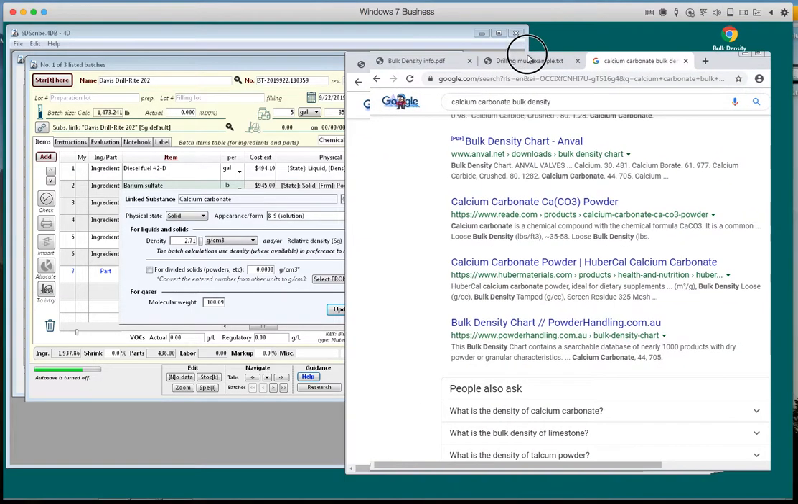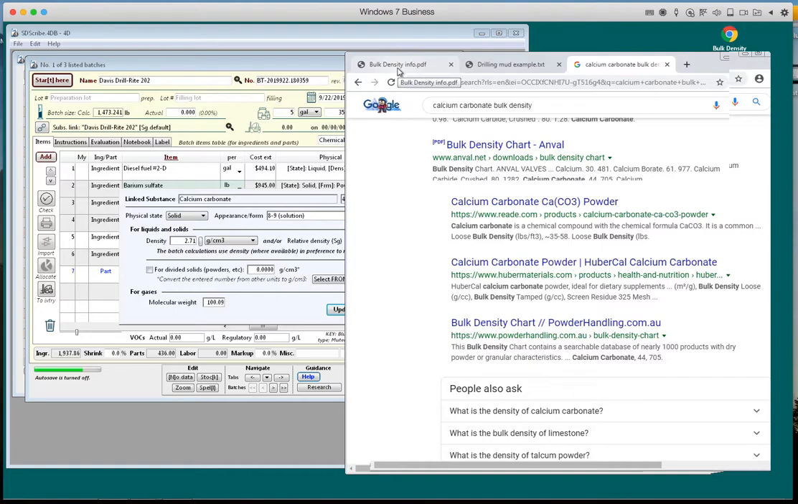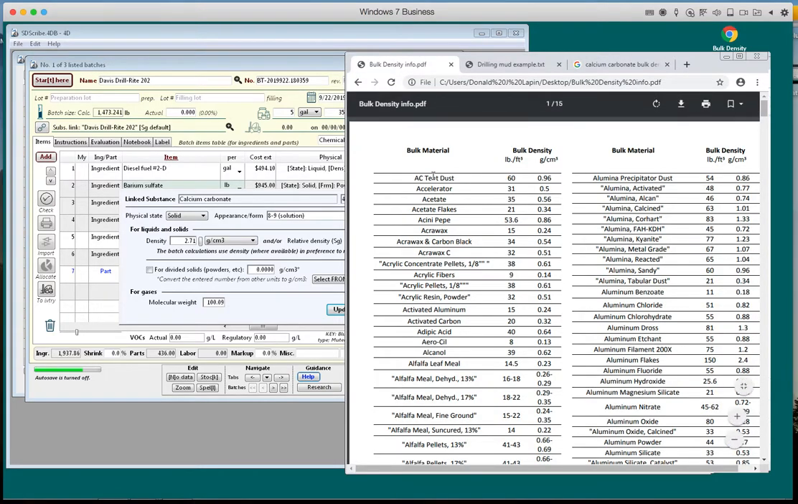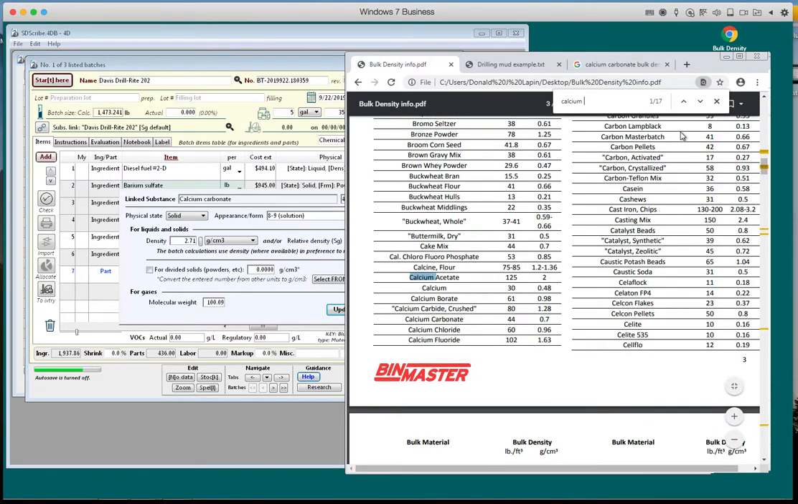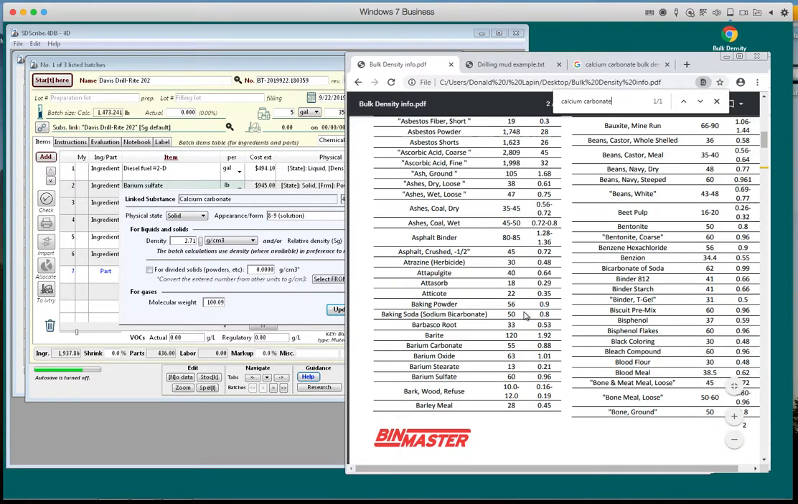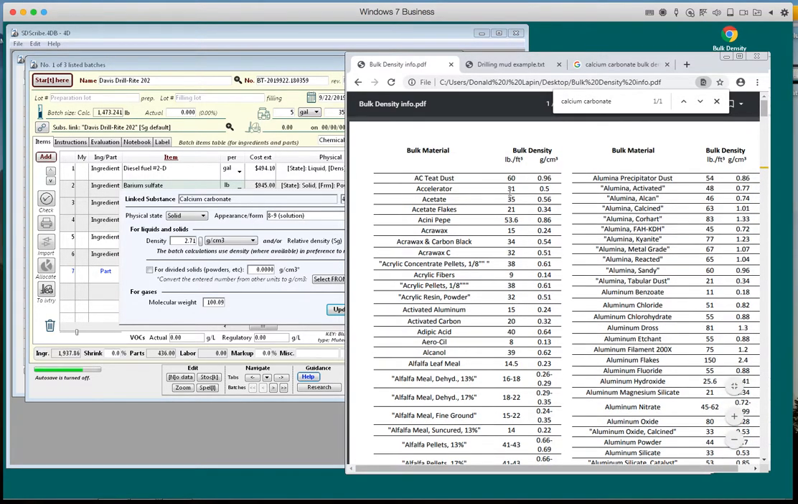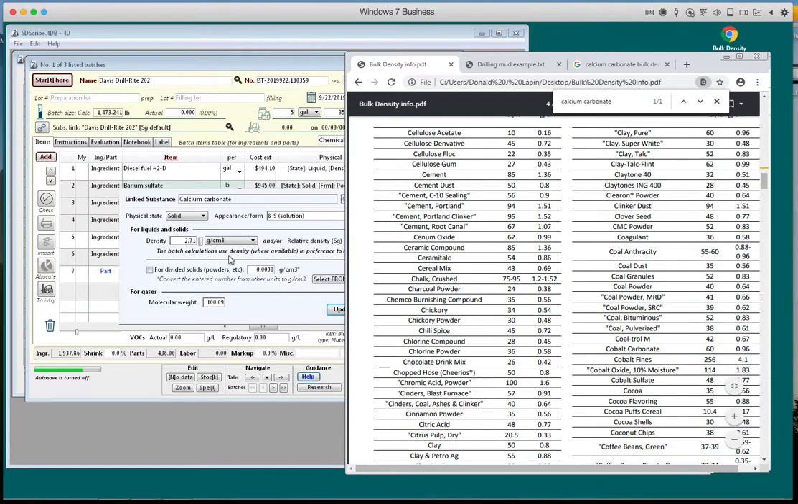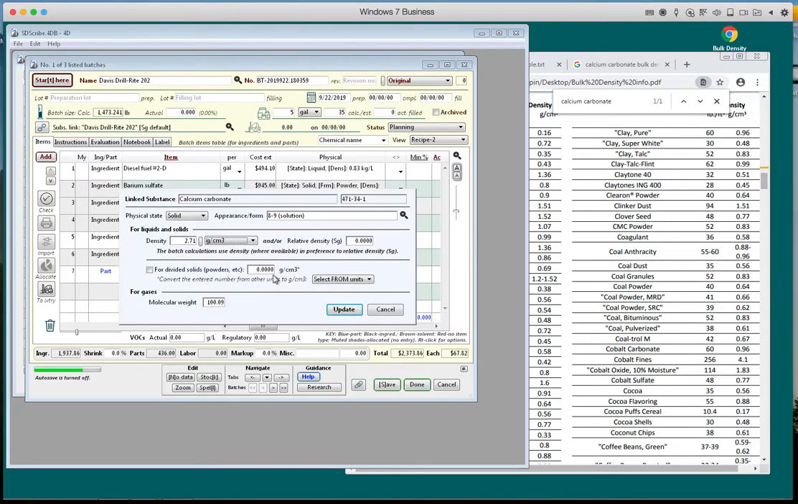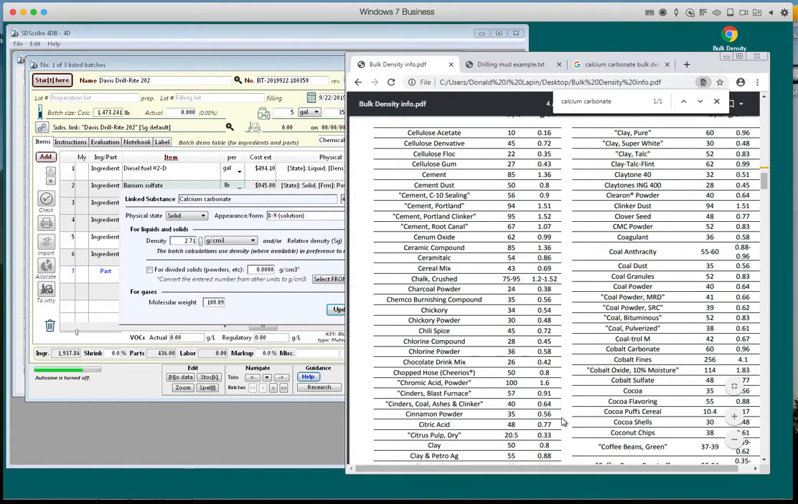I don't want to waste time. So I do have my own chart that, well, it's not my chart, but I downloaded it from somewhere on the internet for bulk densities. And I get 44, and that's in pounds per square foot. So here, we want it in grams per cubic centimeter, so I'm going to put it, the one that I have is, what was it? Calcium carbonate,